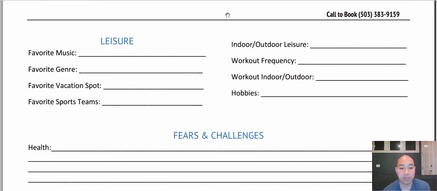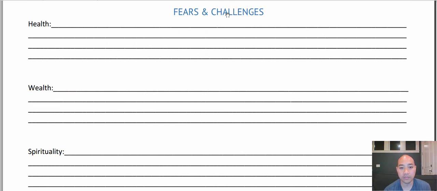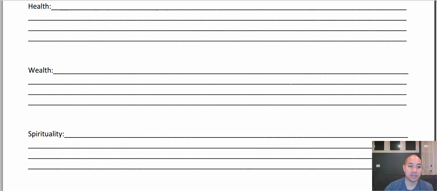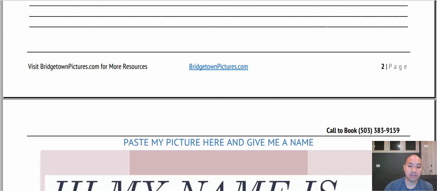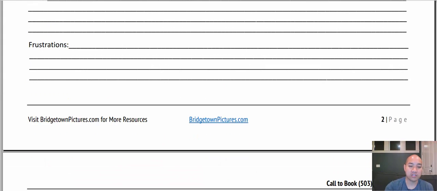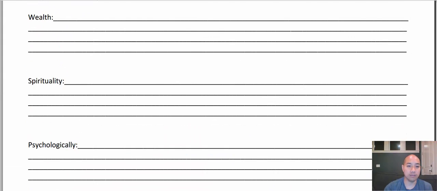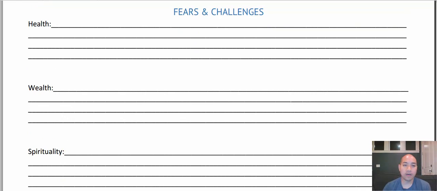Now, here's where all the money is made. Fears and challenges. I broke this out into a couple of sections: health, wealth, spirituality, psychology, and then fear, straight up, frustrations. And then I've got another section down here, and we'll get to that in 1 minute. The reason why I say this is where we make all of our money is because